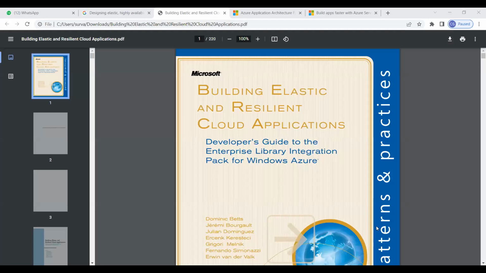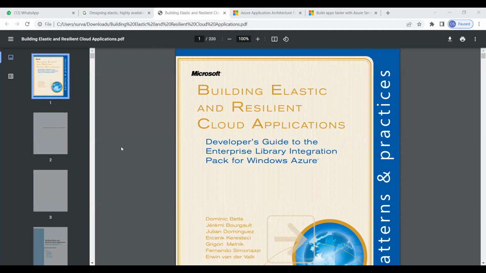While searching, I found one book related to this. That is nothing but Building Elastic and Resilient Cloud Applications. It is a developer's guide to the Enterprise Library Integration Pack for Windows Azure.